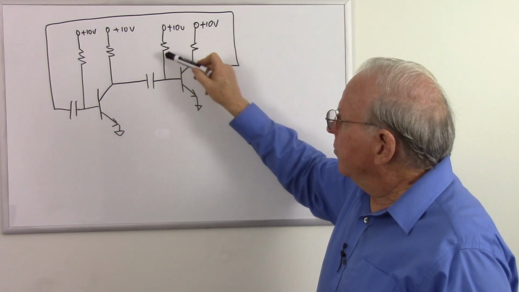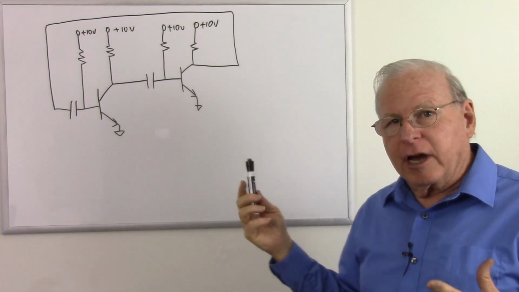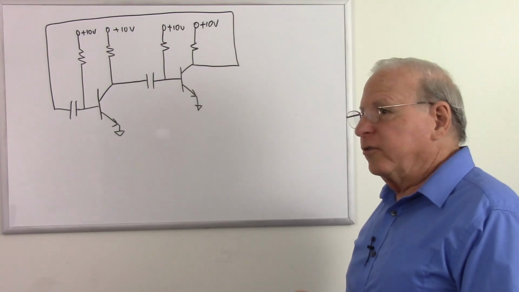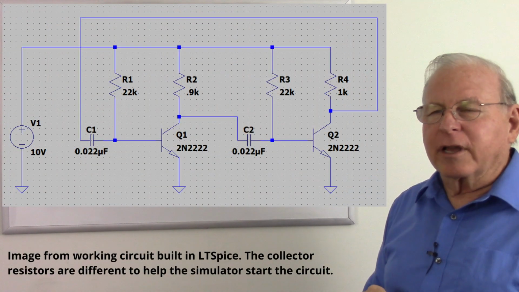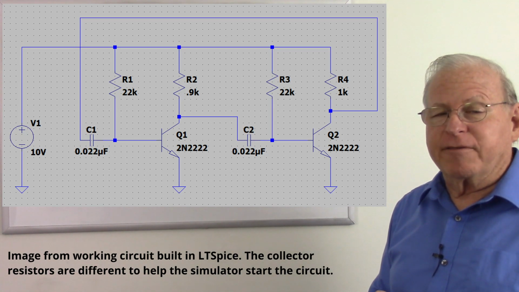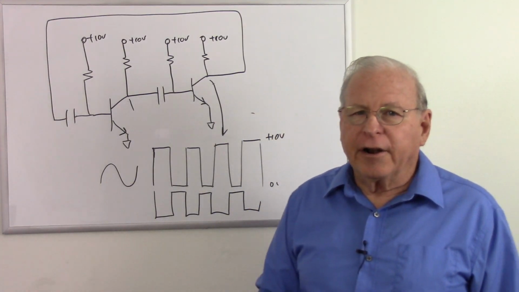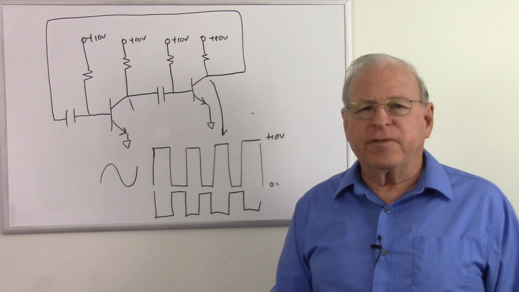And then the resistors you use for the timing part of the circuit, you can look up in a chart and decide which capacitor and resistor combination you want to use. And here's a circuit with components that you should be able to make work and would make about a 1.5 kilohertz oscillator. So that is the Astable Multivibrator. In our next video, we're going to take a look at a derivative of this, which is the Wien bridge